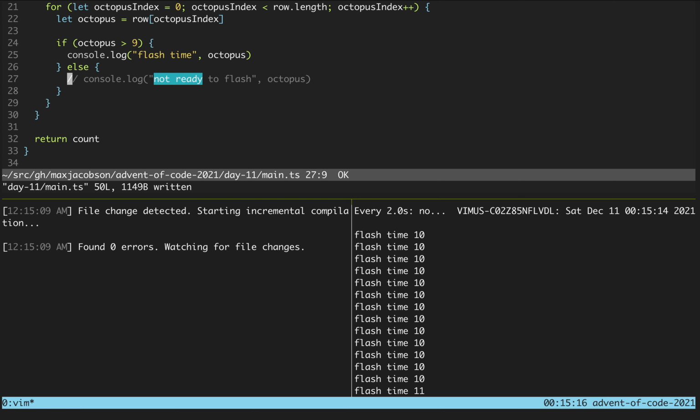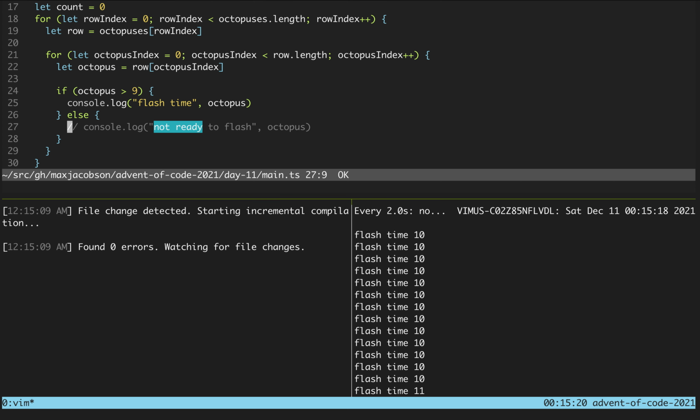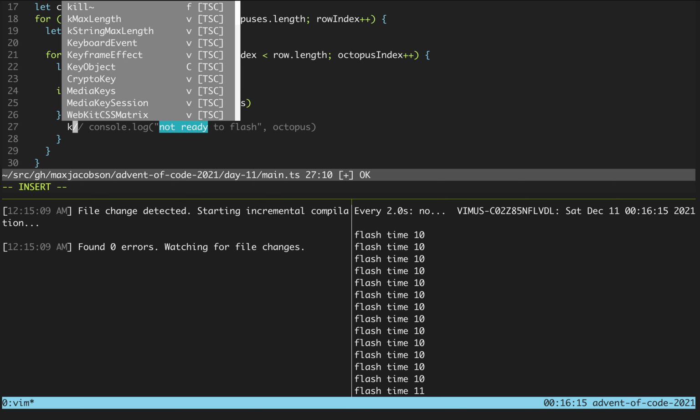All right, great. So if it is flash time, then what do we want to do? We want to make sure that something doesn't flash more than once in the same step. And so I think we want to somehow indicate that and mark that it is already flashed, right? Like we could potentially return the coordinates of the one that flashed. We could do something like set it to undefined or null, and then later on replace it with 0 again. Right. I think that